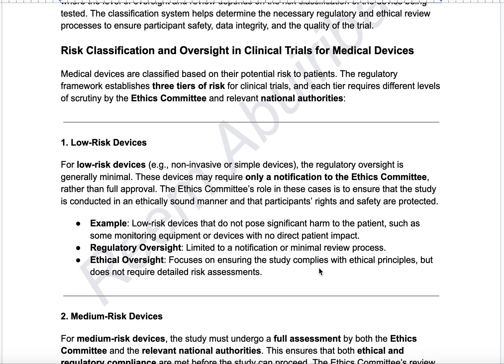Risk classification and oversight in the clinical trials for medical devices. Medical devices are classified based on their potential risk to the patient. The regulatory framework establishes three tiers of risk for clinical trials, and each tier requires different levels of scrutiny by the ethics committee and relevant national authorities. So it will be